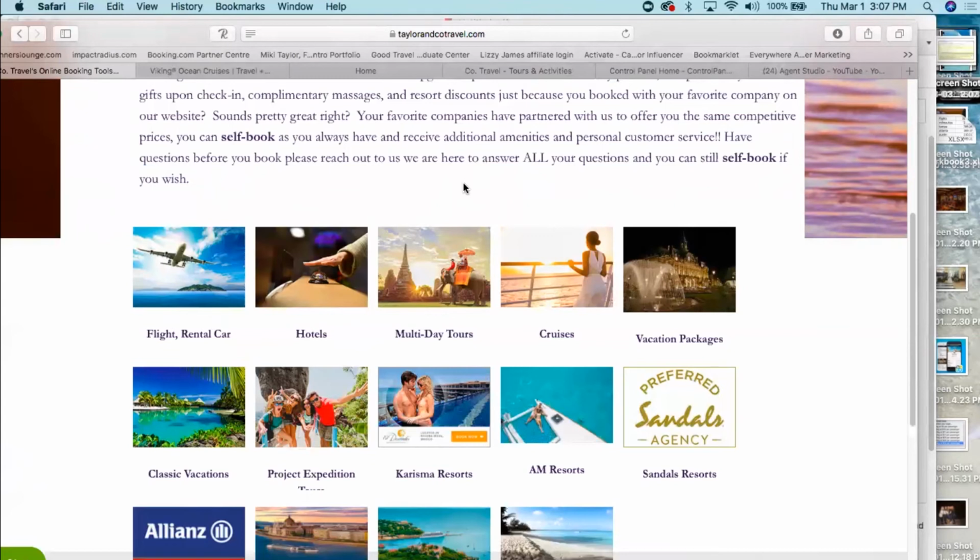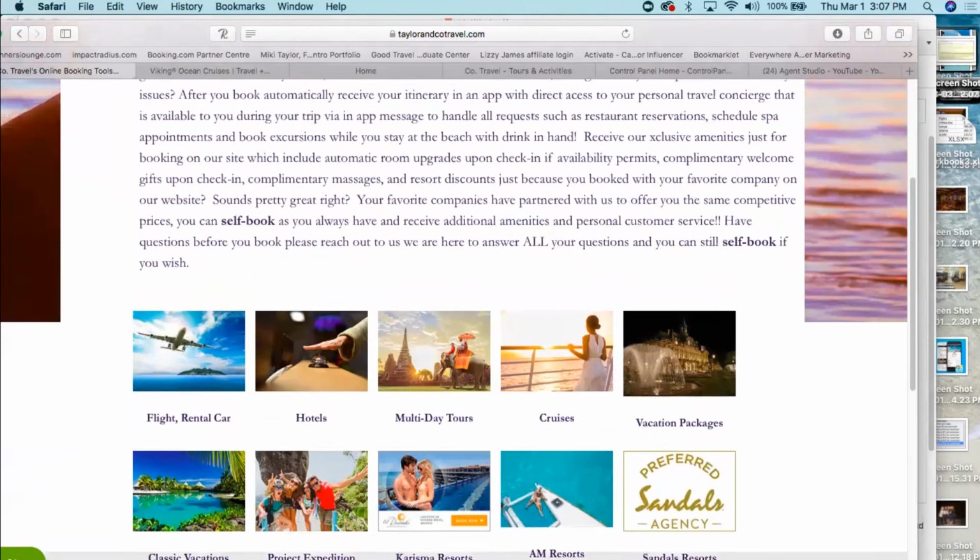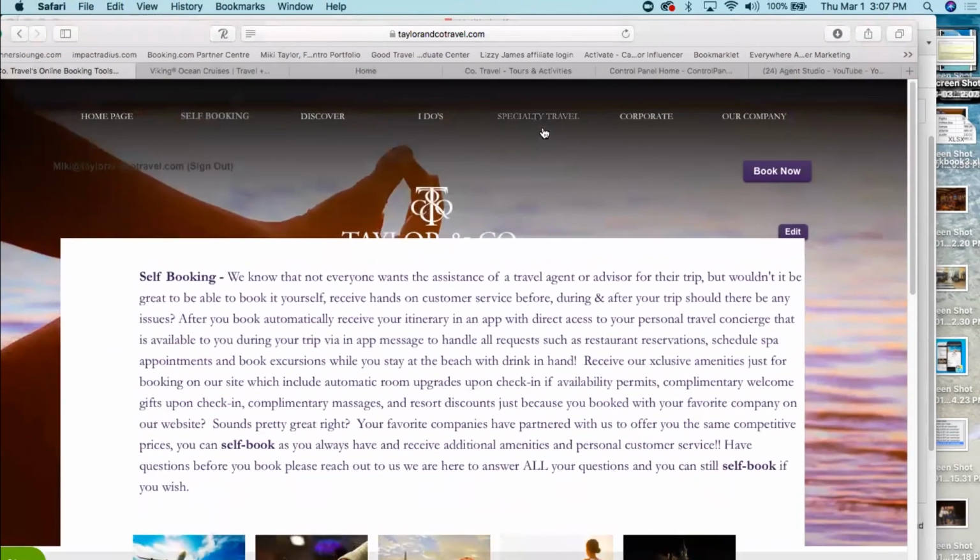As far as some of the other options or suppliers that you were using that were in the marketplace, double check and make sure that they don't have any white label or any links from their travel agent portal. And if they don't, you can do what I do. I set up,